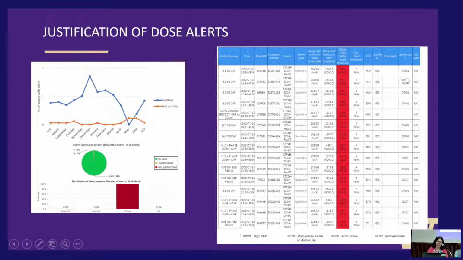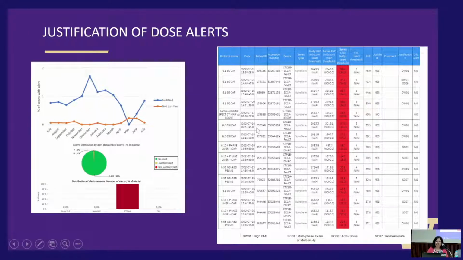So we have all these codes. I think I mentioned it yesterday. So DW01 is high BMI, SC03 is multi-phase exam, SC06 is where the patient had their arms down, or some other reason. So we worked with the technologists to come up with these codes, and in DoseWatch, this is at